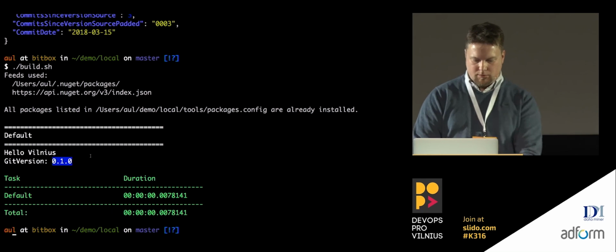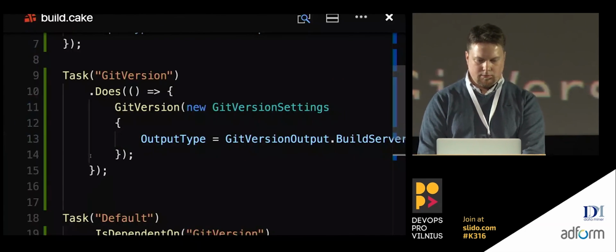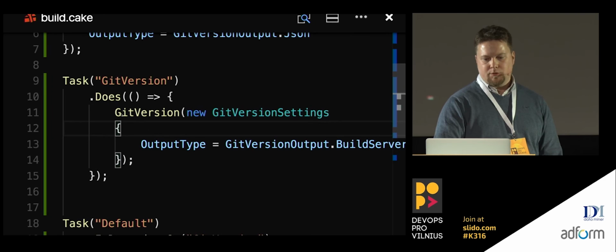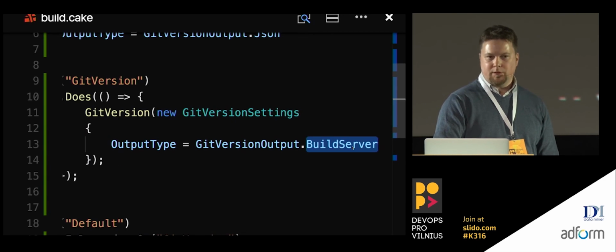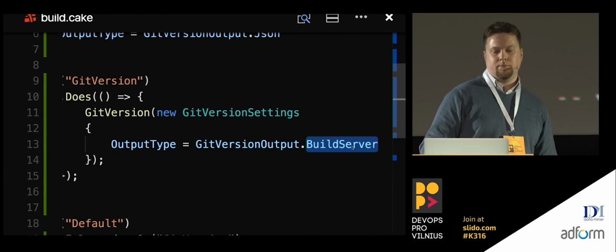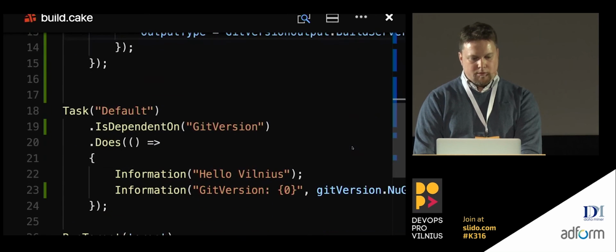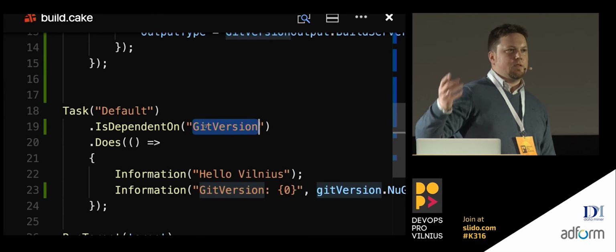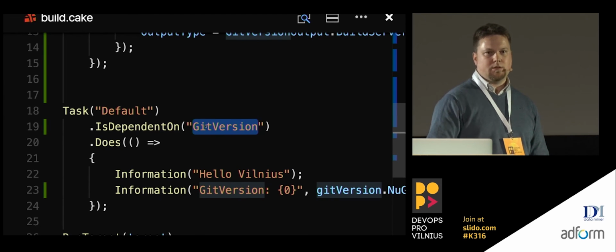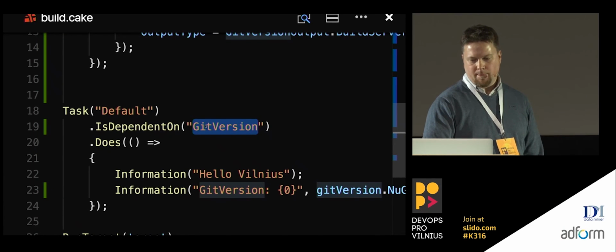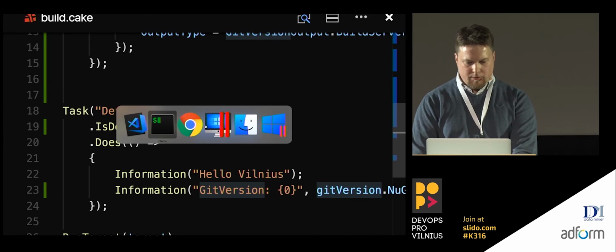And if we now continue and add another task that invokes GitVersion again, but this time with an output of build server, this task will provide TeamCity with the same version number. And we've now said that the default task should be dependent on our GitVersion task. So that's how we declare task dependencies, and it's best practice to keep your tasks as simple and small as possible so you can compose them in different ways. And now if we just commit this,